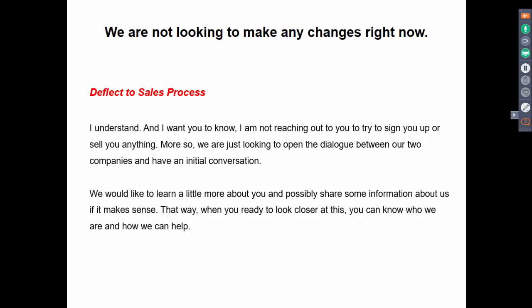Let's go back to payroll services. That person was asking, she asked me, are you looking to make any changes with your payroll provider? I wasn't. I'm still not right now. So that's the salesperson trying to close the sale. And when the prospect says, I'm not looking at making any changes, that's a legitimate objection for not meeting to talk about purchasing. But it's not a reason, like I've already said here, it's not a legitimate objection for not having a conversation.